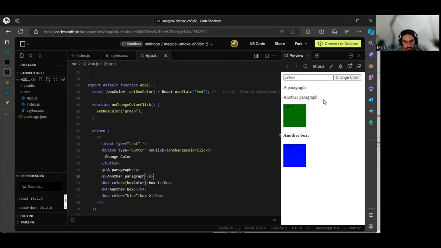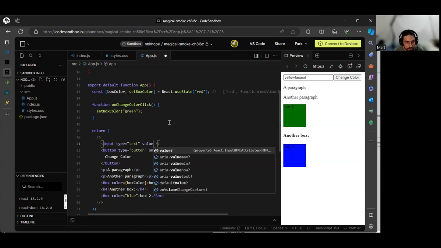So this is about controlling a component, okay? You're going to hear that term, controlled components. So the input by itself, we have no control over the value here. Of course, in vanilla JavaScript, you can click that, and then the function is going to use document.getElementById. So you get this input, and then you see the value attribute. But because you've got to do the React way, it's a little different. Let's do the React way. So first, we've got to control this input by adding the value attribute here